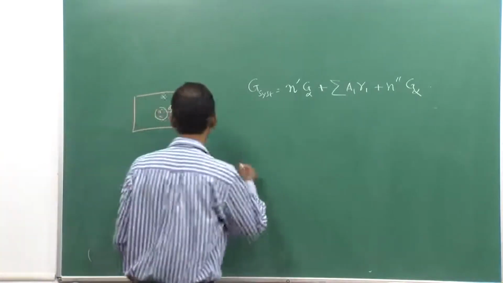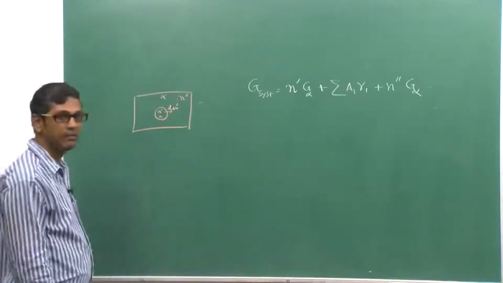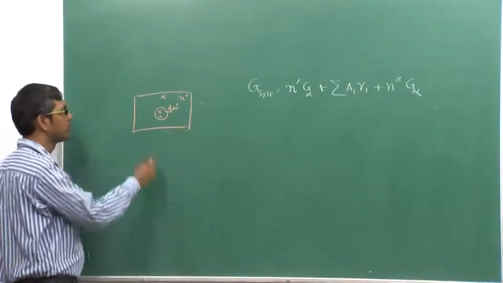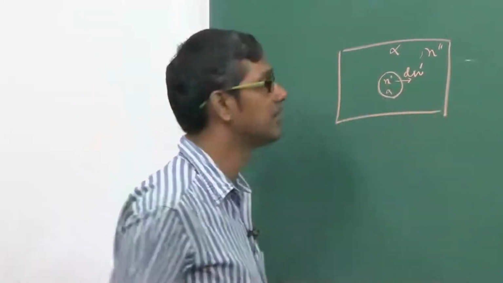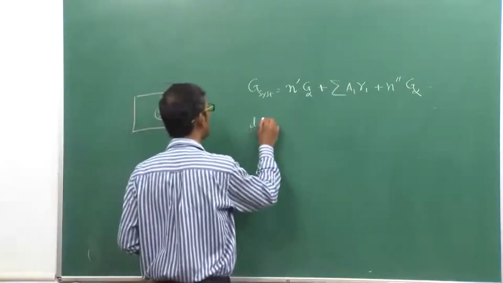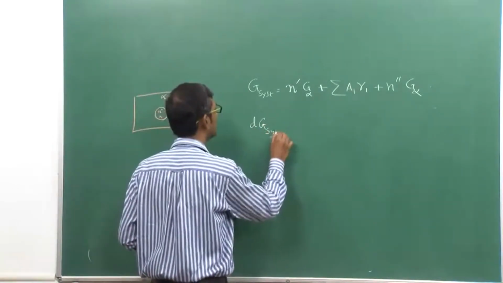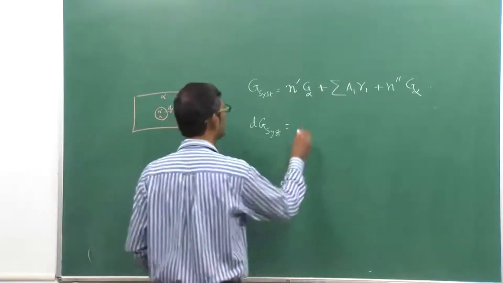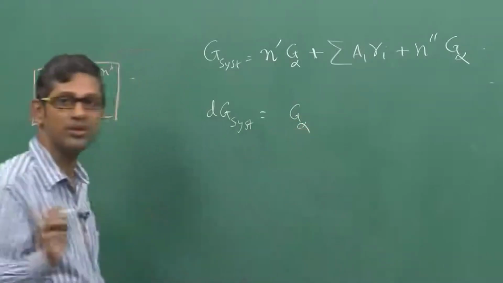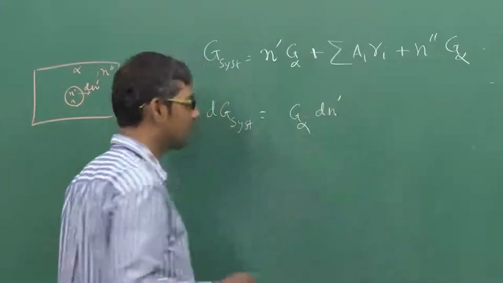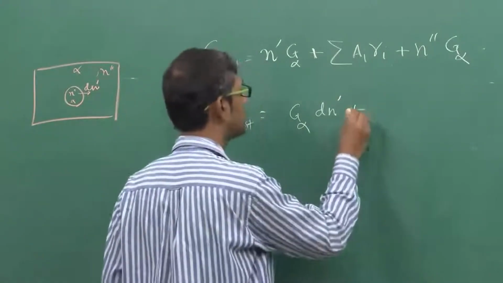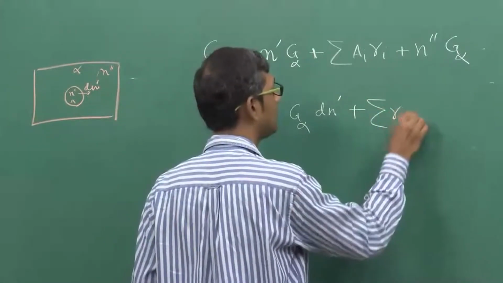Now suppose dn prime number of moles is getting transported from inside this grain to the outside. What will happen to the change of the free energy? It is very simple. Obviously G alpha is not going to change, it does not depend on that. So what changes is this, plus the summation